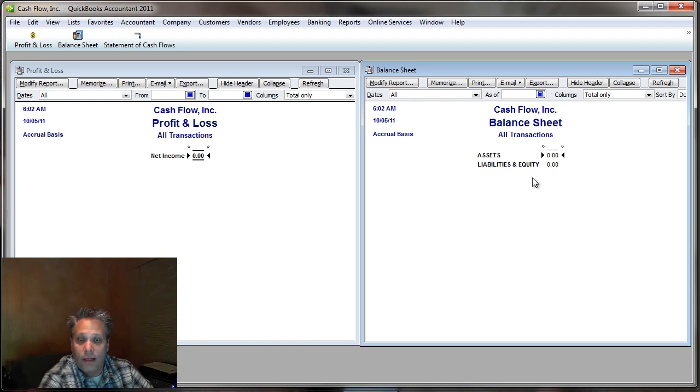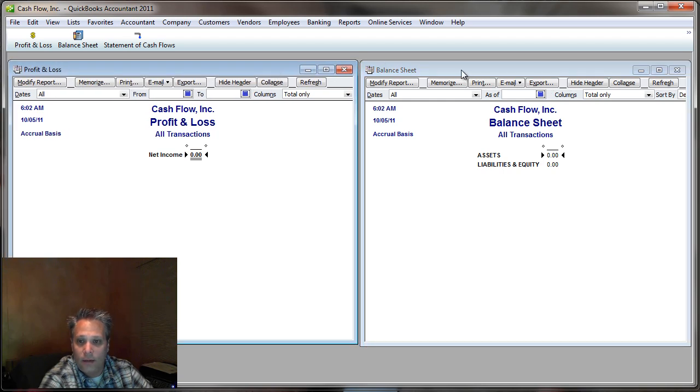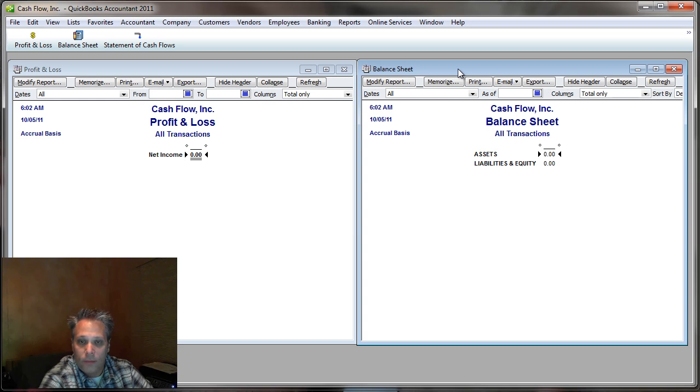It's the total of all your bank accounts. And also the way QuickBooks works, it includes the undeposited funds account. We'll get into that during the live webinar in terms of talking about why sometimes the QuickBooks statement of cash flows will actually differ from the balance sheet's total cash balance. It's based on the undeposited funds account. And so I'll talk about that for a few minutes during the live webinar. But let's see what this looks like.